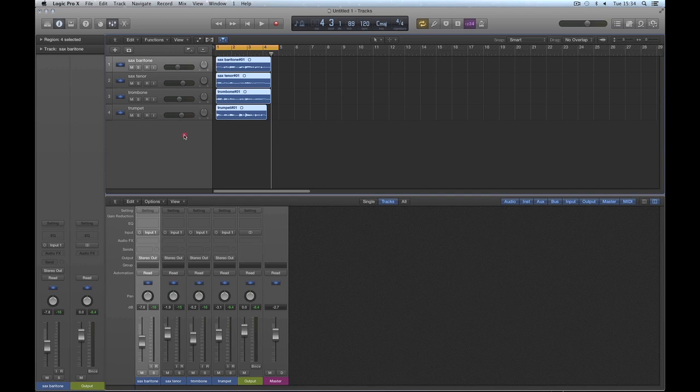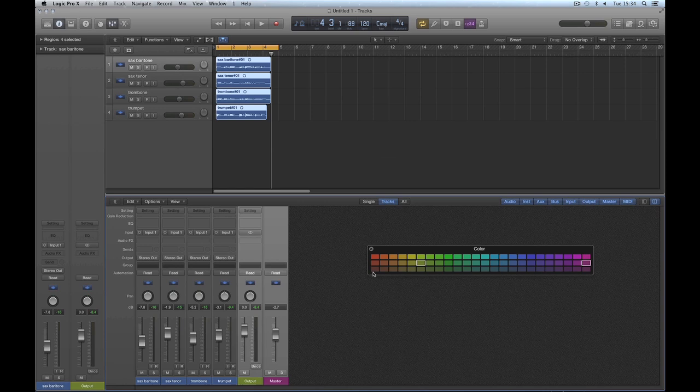Wow. Fantastic. Okay, but look, it'll do for what we want. Now before we go on, I'm going to colour my output and master in the mixer brown. I would like to make them grey, but brown is the most horriblest colour to me. So if I make them brown, then I know everything else in the mixer with a colour